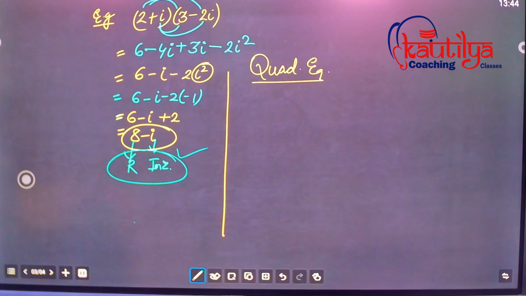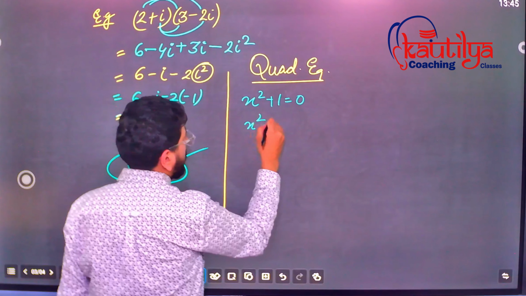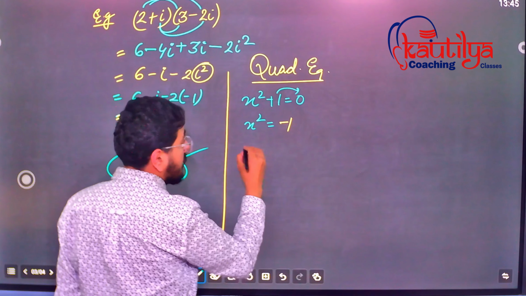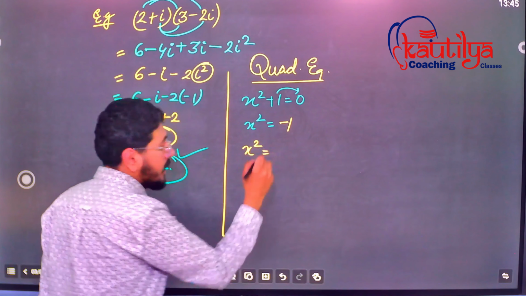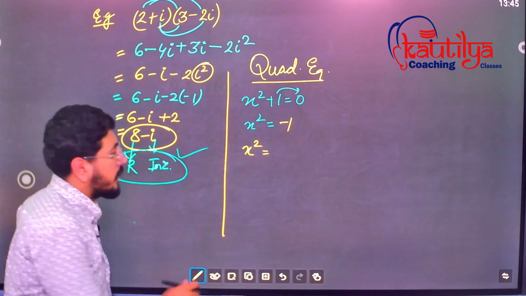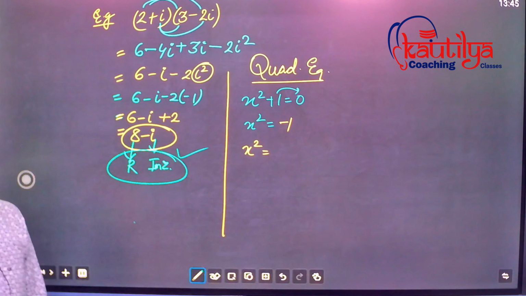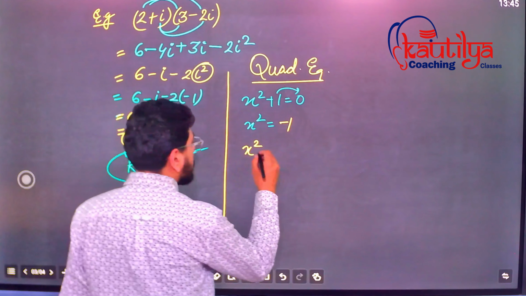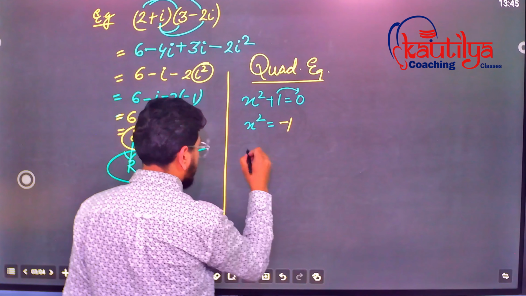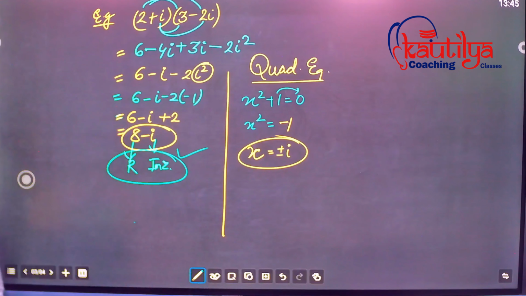Okay, go with the example first. X square plus 1 is equal to 0. X square is equal to, the 1 will shift to that side, it will give you -1 there, right? But I have to find the value of x square, so what is the value for x square here? X square is -1, right? Now I have to find the value of x, so the root will shift to that side, and it will give you the imaginary number, that is x is equal to plus minus iota. This is the value for the x here.